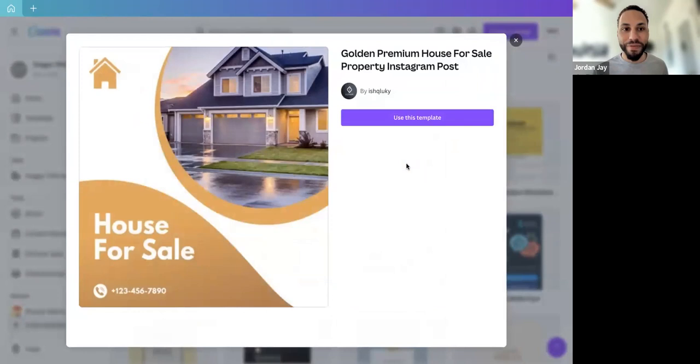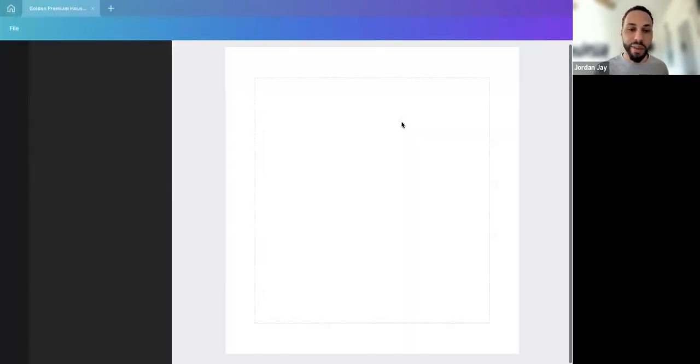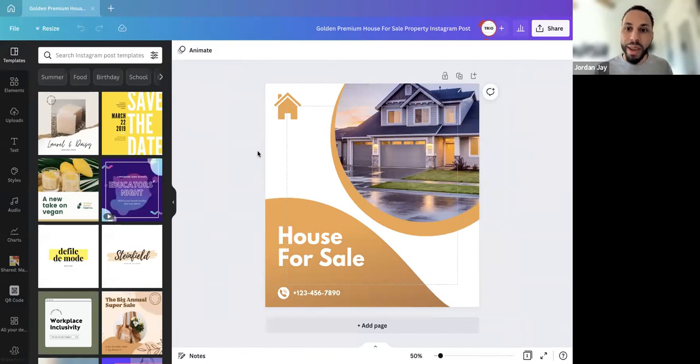It is a template that has nothing to do with education or social media, at least for things that I'm working with, but I'll redesign it to fit that. So I'll click on use this template. And now it has made a copy of the template and has automatically put it in my recents folder. For now, I'm the only one that can see it. Later on, if I want to change the permissions, I can share it with the team or share it with just Matt Bisick, and then they can access it as well.